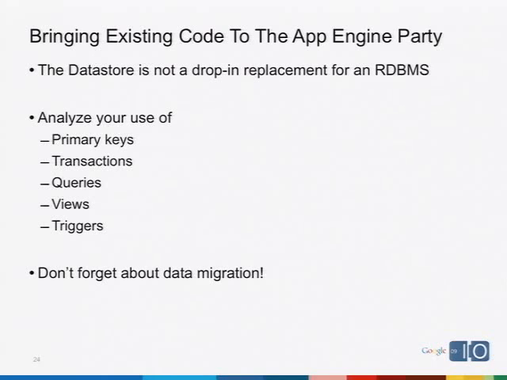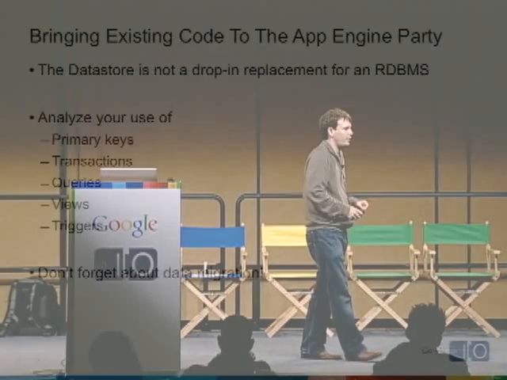When you want to bring code over, you're going to need to do a bunch of analysis of your application. You're going to want to look at your use of primary keys. You're going to want to look at your use of transactions, of queries, of data, of vendor-specific features. And you're going to need to come up with a plan. You're going to need to think about data migration as well. I really can't emphasize this point enough. Data migration, I don't think I've ever given an estimate for data migration that was within 3x of what it actually ended up being. It's just one of those things that always ends up harder than you expect. So don't forget about the data migration.